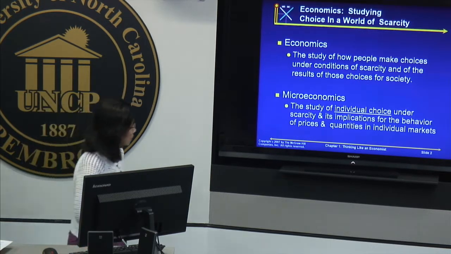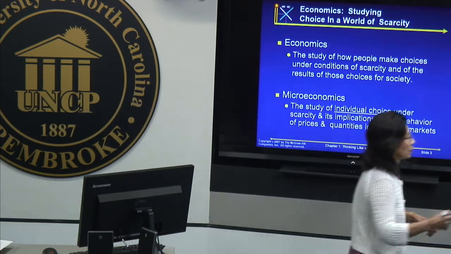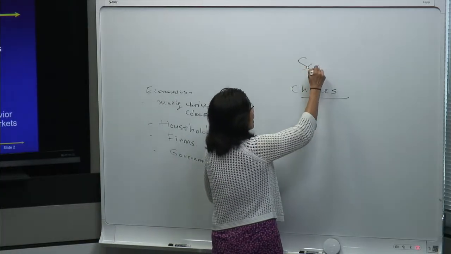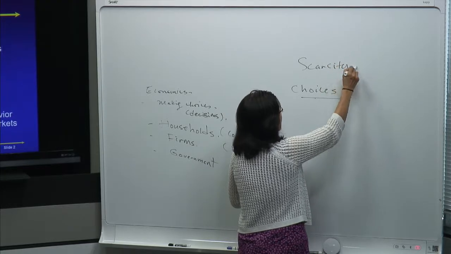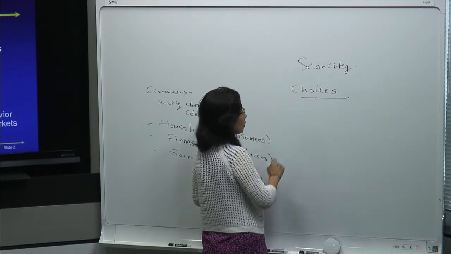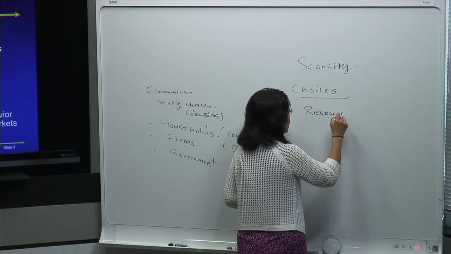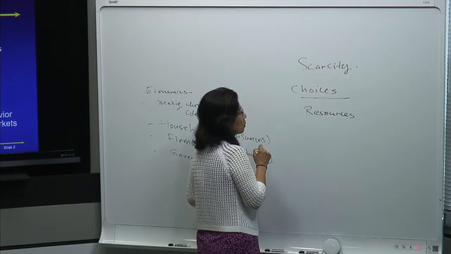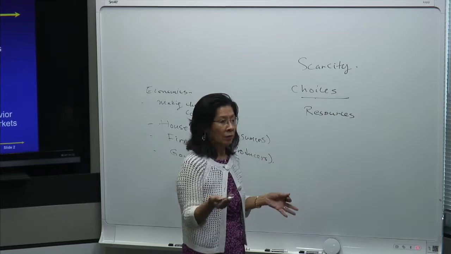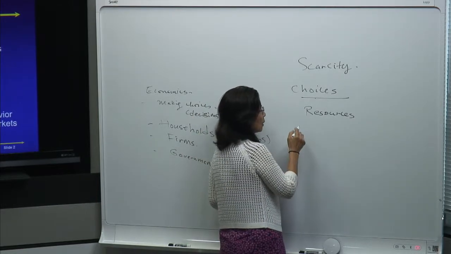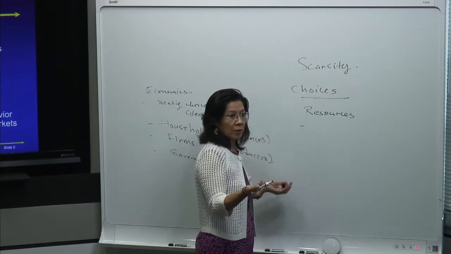Well, I think before we get to that, scarcity is you don't have enough of things. For example, when you talk about making choices, you talk about resources, right? So what are the resources that you know, for example? Now, you know that you and I are considered resources